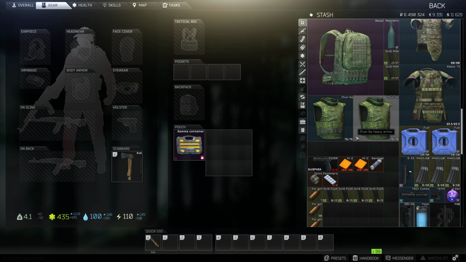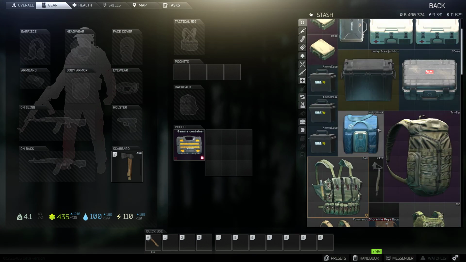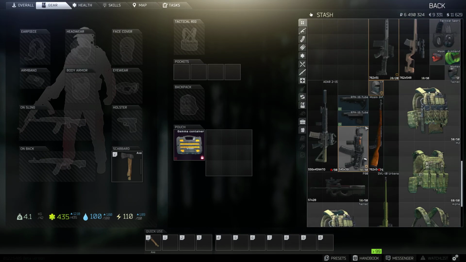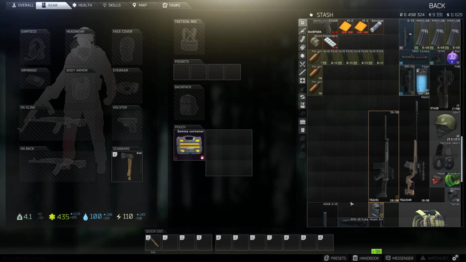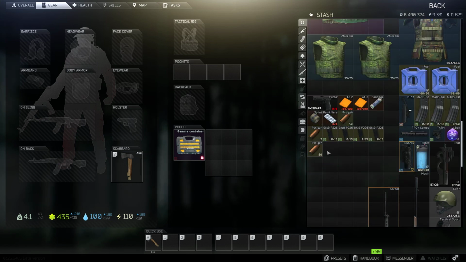I swear 50% of my playtime in this game is stash management. Mine is very messy. I'm kind of a hoarder. Your stash probably isn't going to look like mine. It'll probably be a lot more organized than mine is, down the road. But we're not going to worry about all of this extraneous stuff here. We're just going to focus on, I tried to set up a little bit of a starter